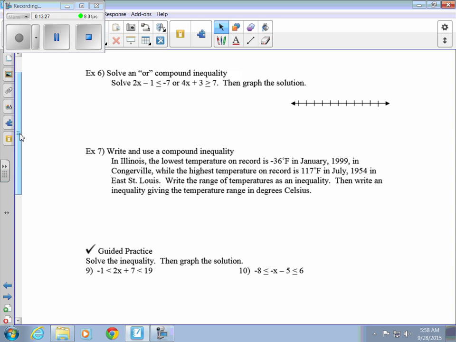Number 6 now is a compound inequality that is going to be an or statement. And notice it has an or. And essentially, we are breaking this into 2 parts. We're going to solve the left side, solve the right side, and then we're done. So it's going to be